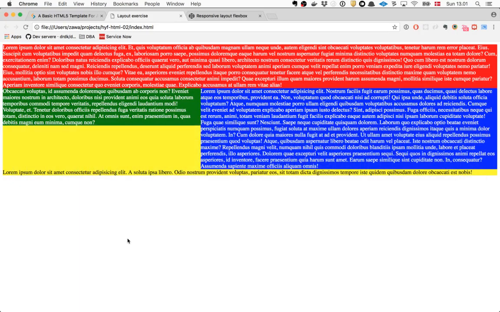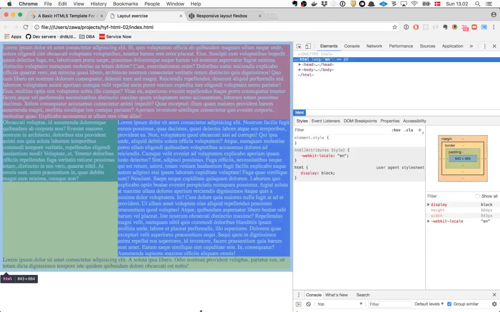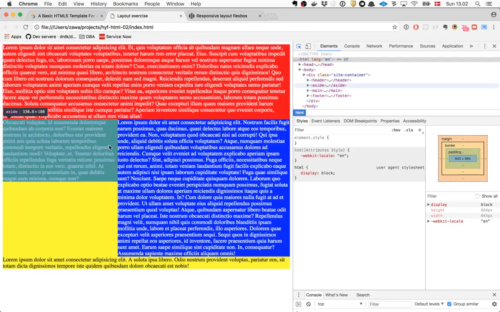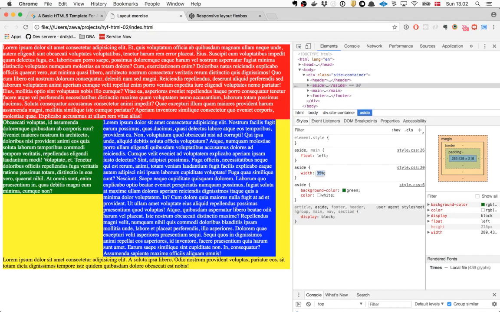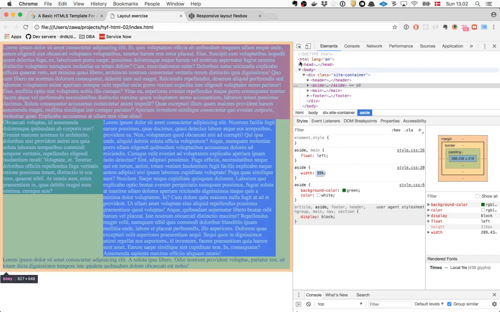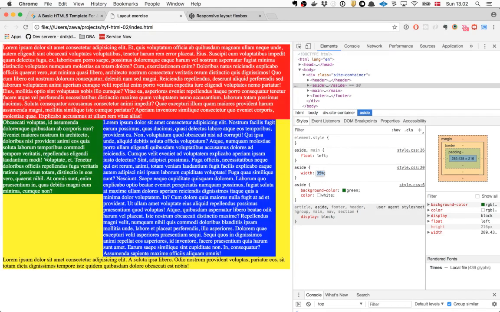There's one more thing that we plan to show today, and that's how you can use the inspector in the browser. Have you tried using that before? Yes. Cool. If you right click here, you can say inspect. Let's try to change the width here. So you see what happens. Now I set that one to 35. Since both of them are floated left, we have this one 35, this one is 60, and then we have the remaining 5% out there.